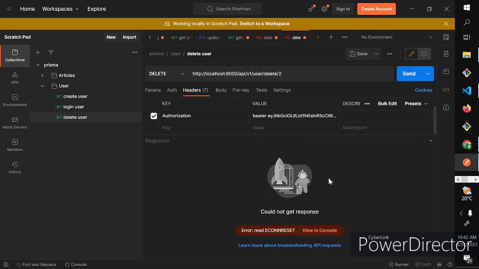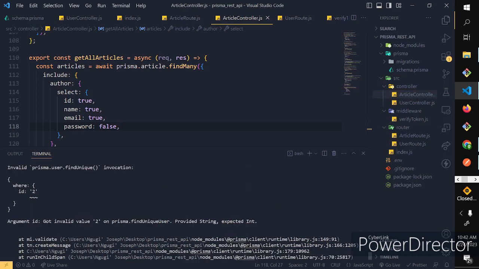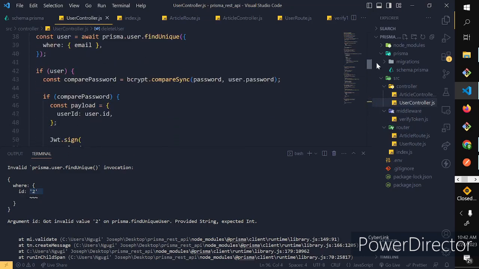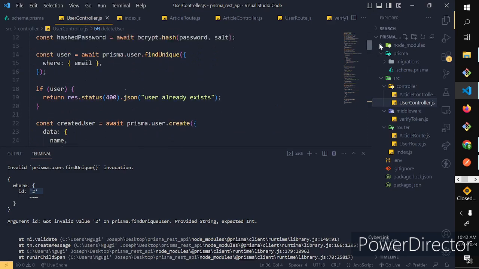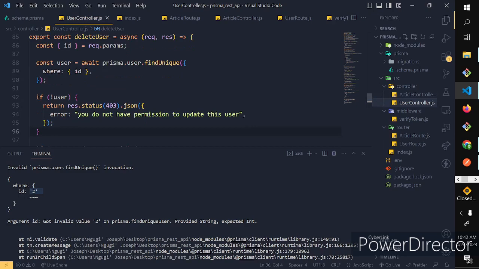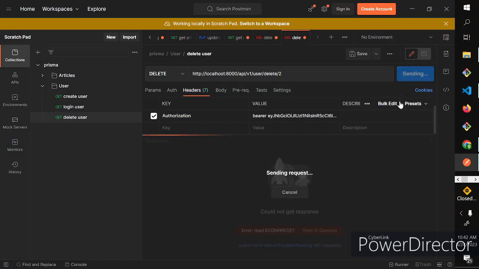Now if I send this, we get an error. Let's check what the error is. Got invalid value 2 on Prisma. So we are getting this as a string, so we must pass it to an integer. To do that, we must pass this ID, pass in the ID. Now if I send this,